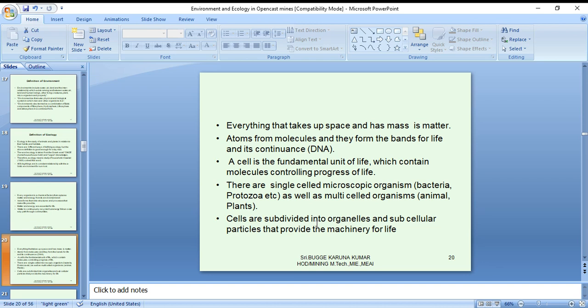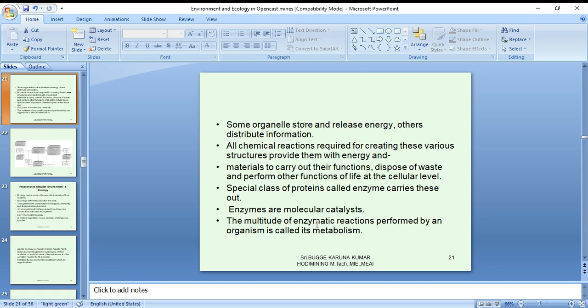Cells are subdivided into organelles and subcellular particles that provide the machinery for life. Some organelles store and release energy, others distribute information.